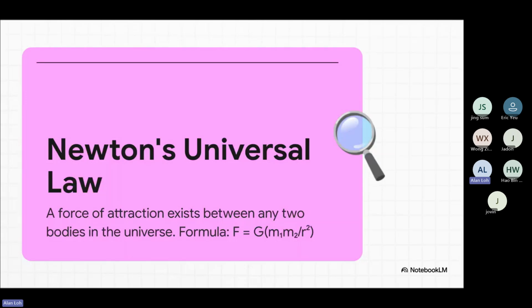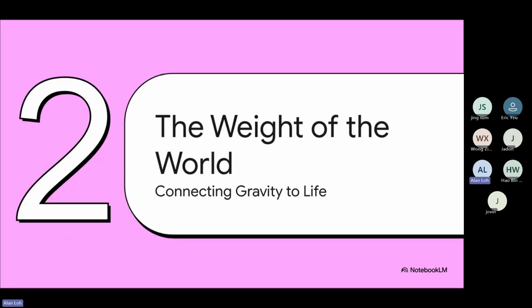Newton took all of this and packed it into one single beautiful equation. This one formula doesn't just work for planets and moons. It describes the gravitational pull between any two objects in the entire universe. You and me, your phone, Jupiter, everything. That's why it's called the universal law. Okay, so that's the big cosmic law, Drawer 2. But let's bring it right back down to Earth.